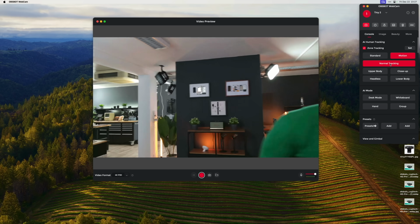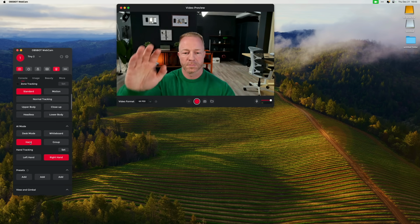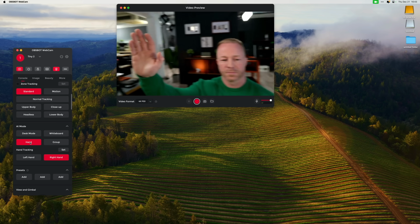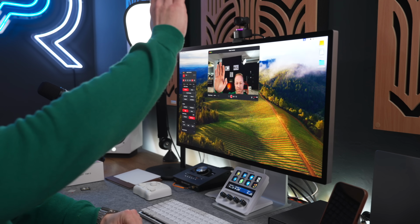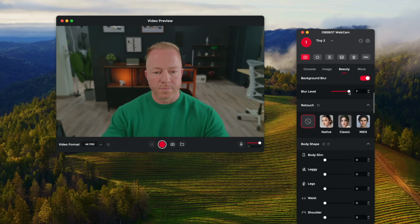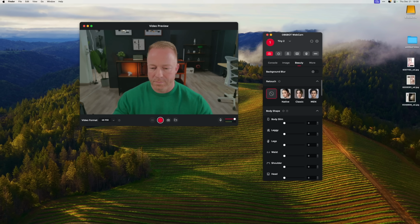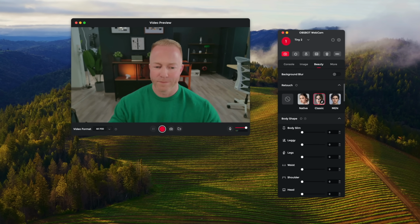Combine that with a ton of smart AI features like desk mode, whiteboard mode, and hand tracking features, and you've got yourself a really complete, high quality solution that looks just as crisp as the mirrorless camera setups. Everything is fully customizable. You can even decide how blurry you want the background to be. And it comes with built-in beauty features as well, you know, to help you look your best for those early